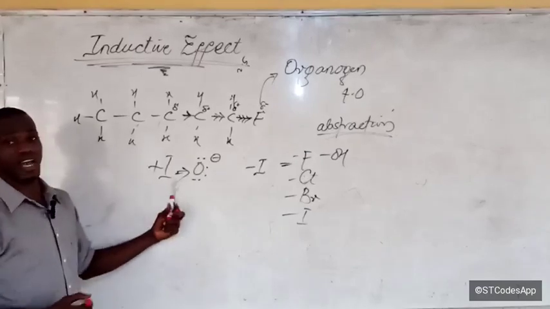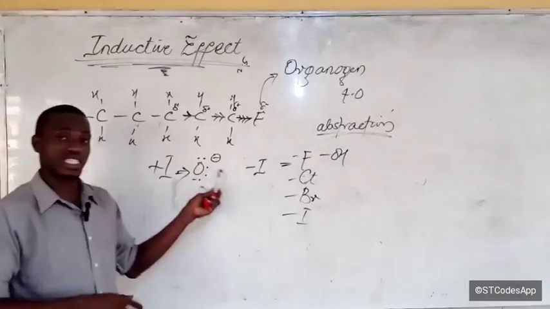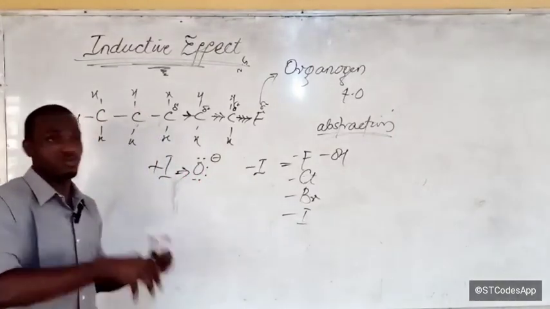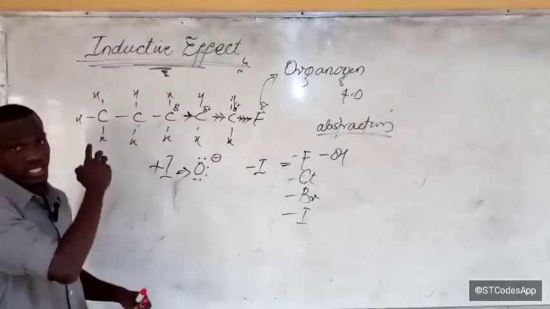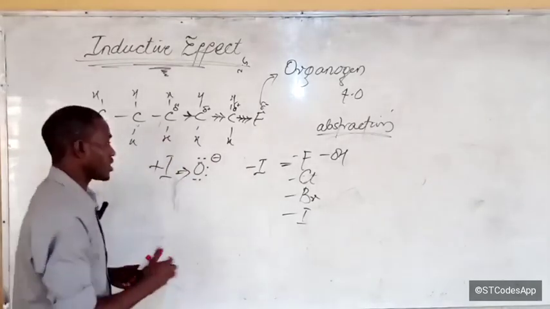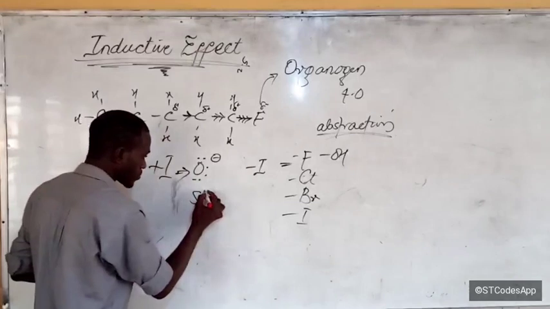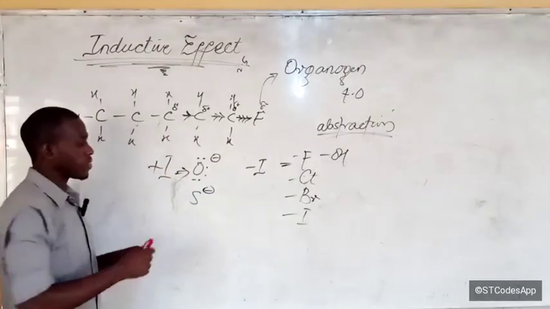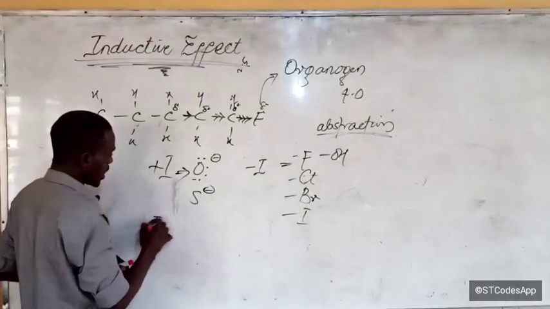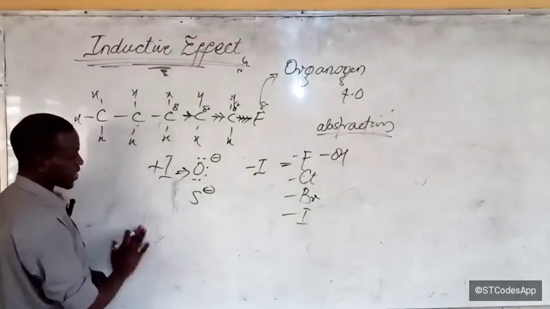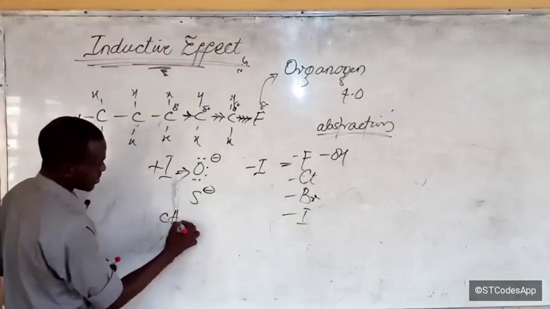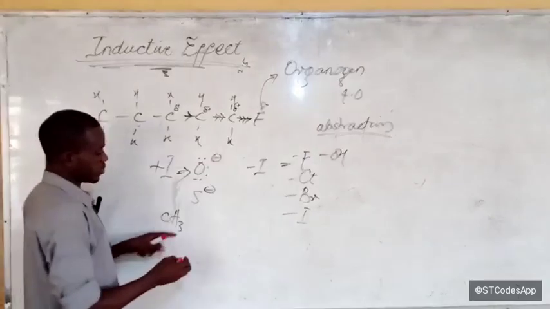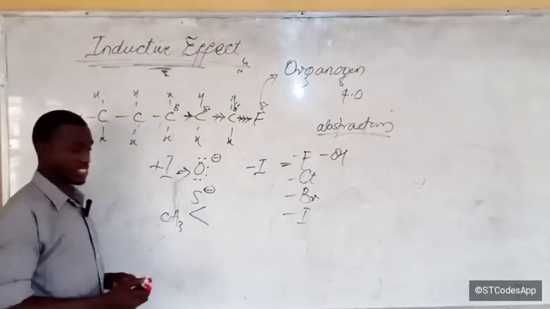A positive I group. Why? Because it is electron sufficient here. It's going to be donating electrons, pushing electrons into the system. The same way, sulfur with a negative charge is also going to push electrons into our system. Is that okay? Now, we also have other positive I groups, the methyl group. The methyl group is going to be lower in effect than the